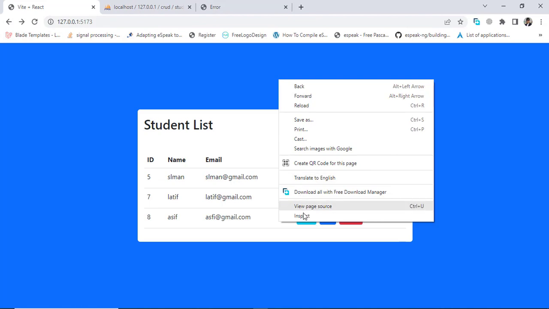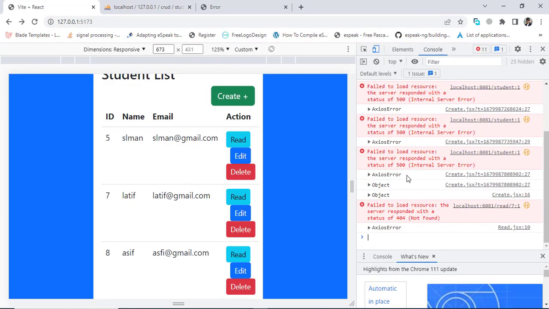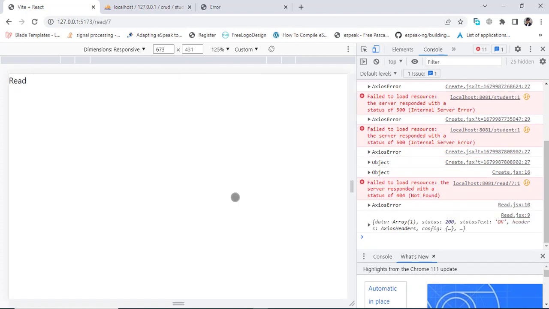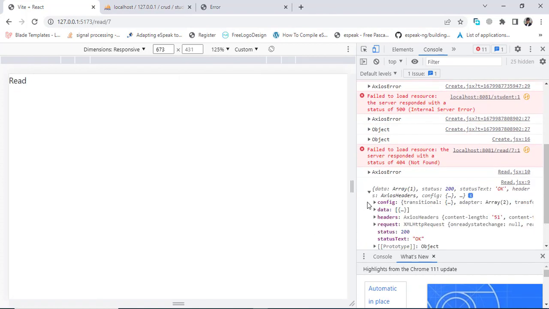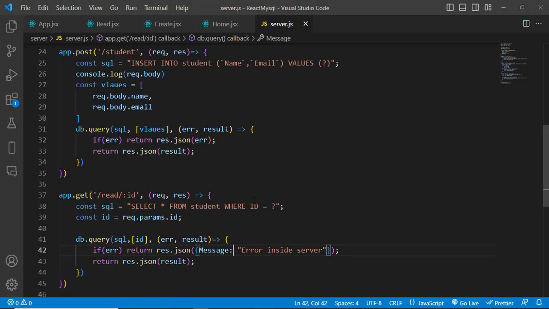Let's come here, go back and move to the console. What are we getting in the result? Let's press this read. We came here and we got this result. Let's come to the data. See, we have this data. So let's come here and inside read,